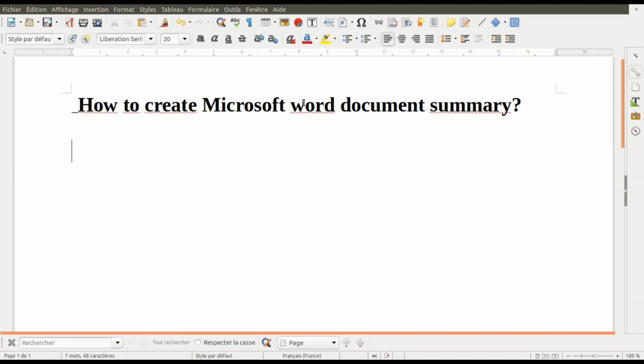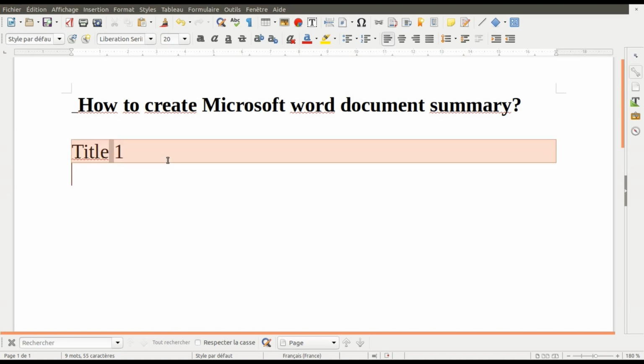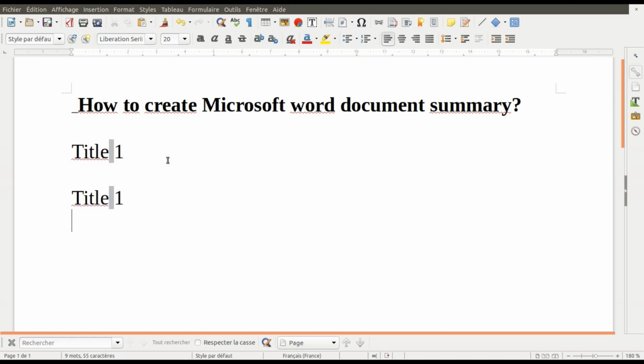In this video I'm going to show you how to create a Microsoft Word document summary for your document. Sometimes you are creating a document and at the end you try to create the summary manually, and it's so difficult if you have a lot of titles and subtitles. So here I will give you a solution to generate the summary for your document quickly and automatically